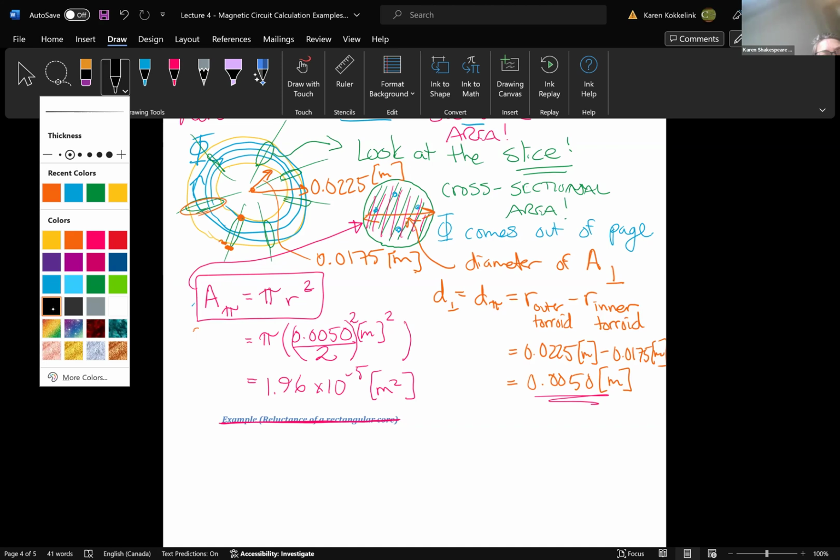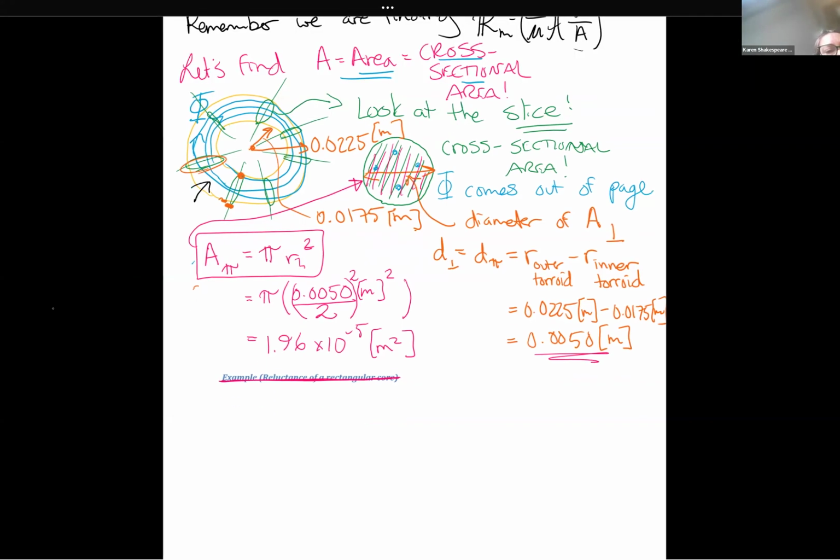So we had this toroid, and of course, it's either permeable or reluctant. It is reluctant to establish some magnetic flux, and we want to find how reluctant it is. Well, here's how reluctant it is in establishing its magnetic flux. We know that reluctance relates to the permeability of the material normalized by length over area. We know that permeability was given in the question. We know the mean path length